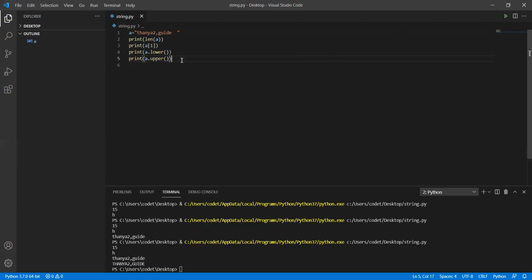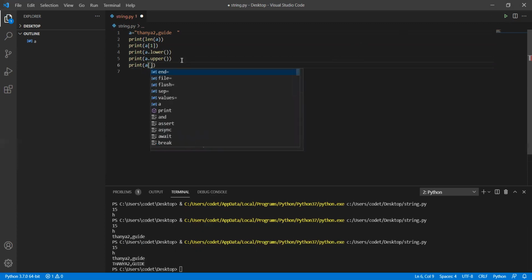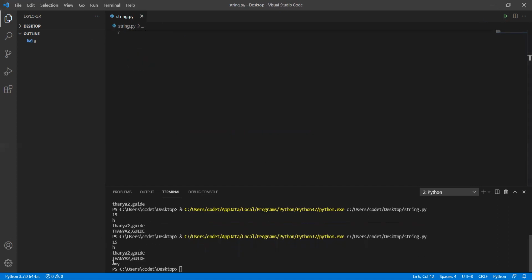So what if you wanted to print from a particular index? You will be using a method called slicing. So now see here, print of a, in that I just wanted to print from 2 to 5. This means that it starts printing from second index position to fourth index only. The last 5 will be n minus 1. That means it will print only up to the fourth index position. So what is the second index position here? A. The third index is n and the fourth index is y. So a and y will be the output. See here, a and y is the output, right?